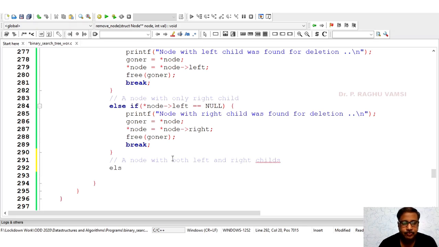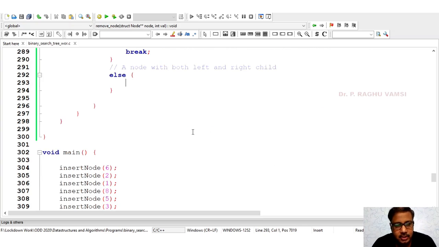That is the else part. That means if not all these three cases, obviously that particular node consists of both the left and right child.